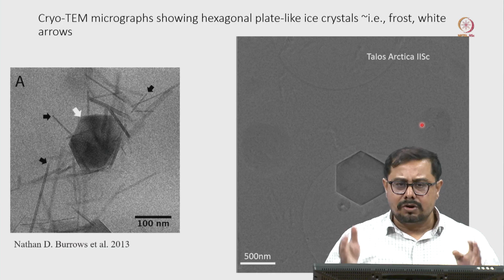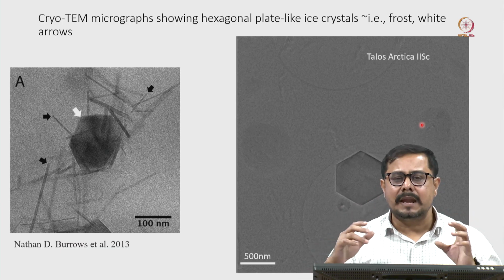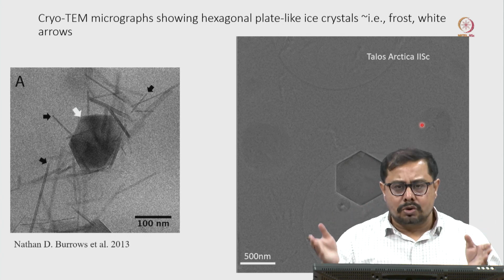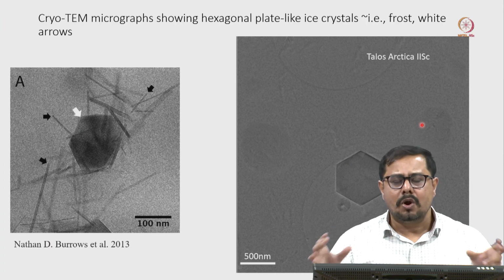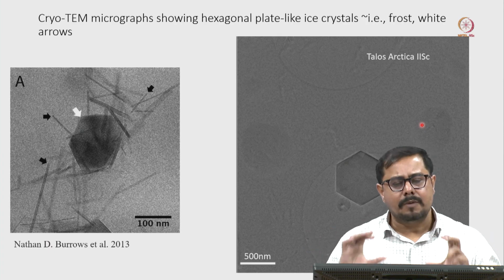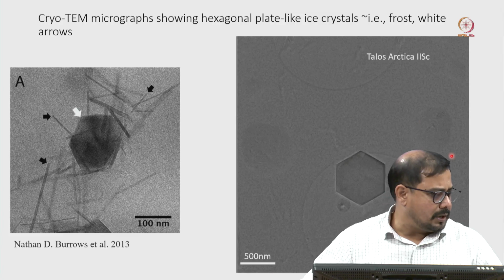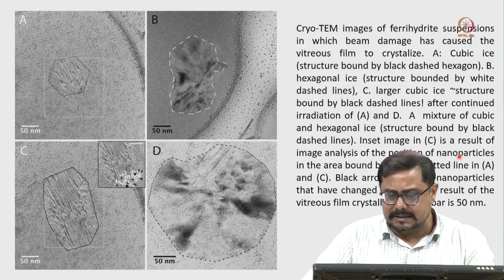So there are a lot of situations where we can get this kind of ice pattern. So whenever we do cryo-EM, we have to be very careful to prepare our sample or prepare our grids. So that is one of the bad images I was showing you. So let us see a couple more different kinds of bad images.